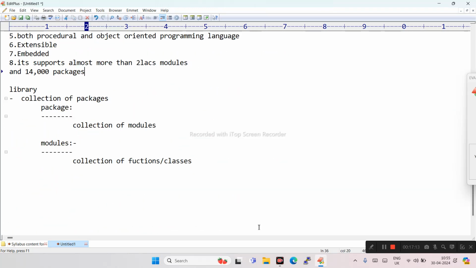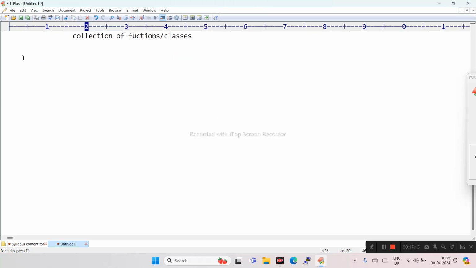Then the scope of Python. Scope is where we are using Python, in which domain or which project. Scope of Python in real time projects.